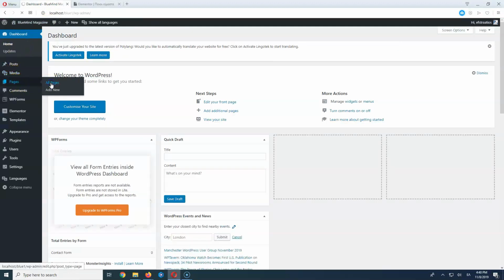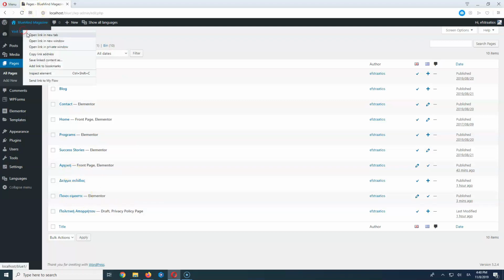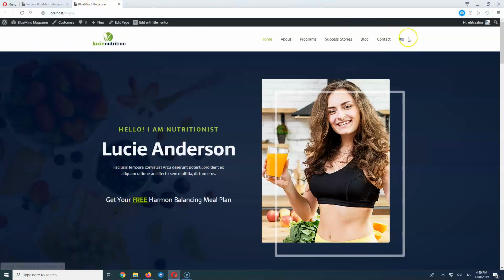Let's go to our pages, all pages, and now we're going to see that we have the About page, and this is the Who We Are page in Greek. Now I want to assign the one page to the other. The reason that I want to assign the page and not just add it to the menu, I can also add the page to the menu and not assign it. Okay, but the reason that I want to assign is because